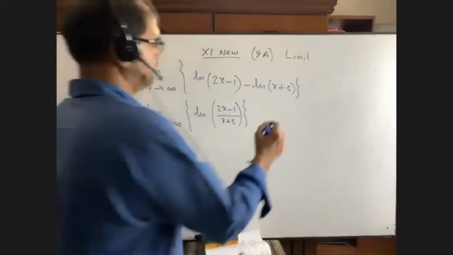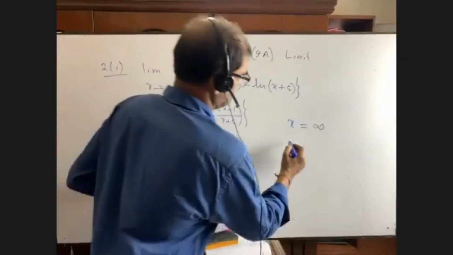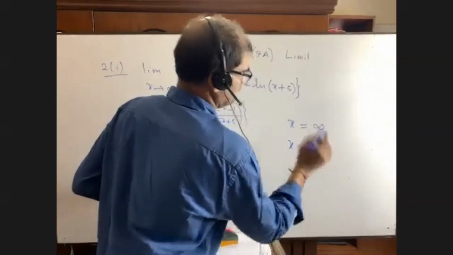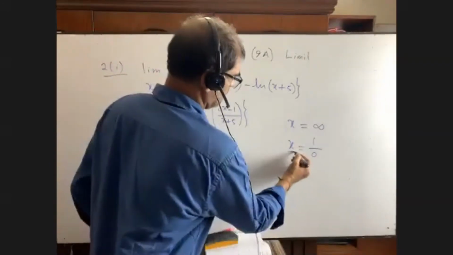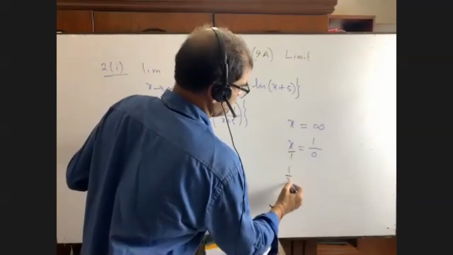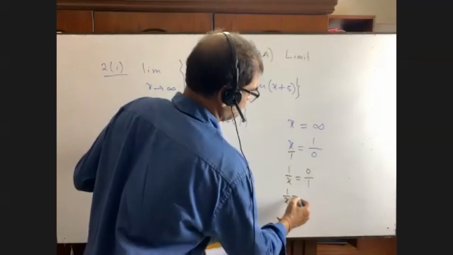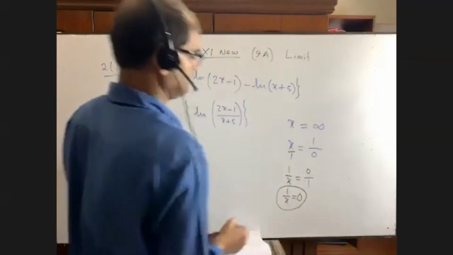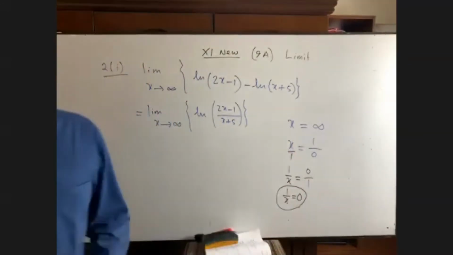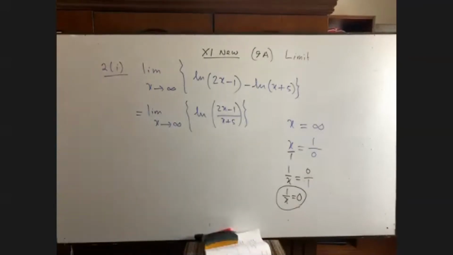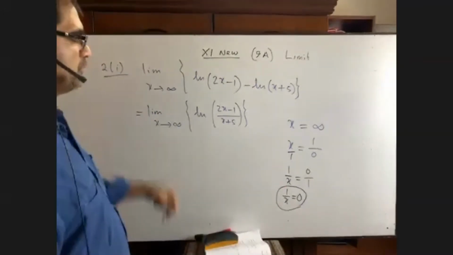Okay, x is infinity. Suppose that means x equals 1 by 0, an example I am giving you. There is a 1 here. So what is 1 by x? 0 by 1. That is, we can write 1 by x equals 0. So from today, we will come to know if x is infinity, that means 1 by x equals 0. Please write it. If x is infinity, then we'll get 1 by x equals 0.